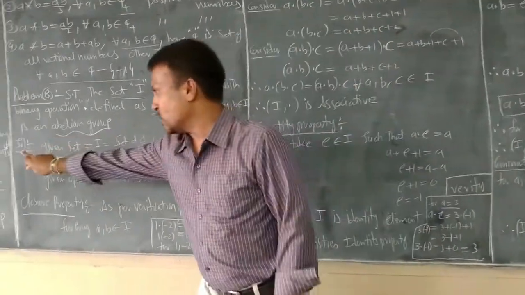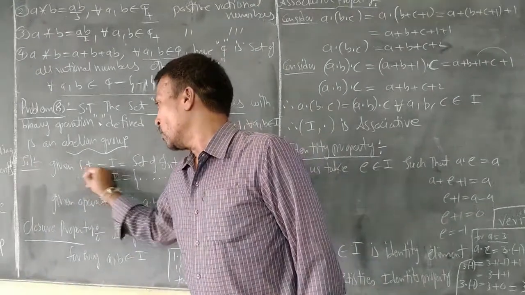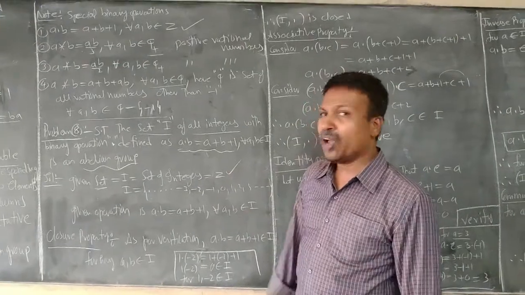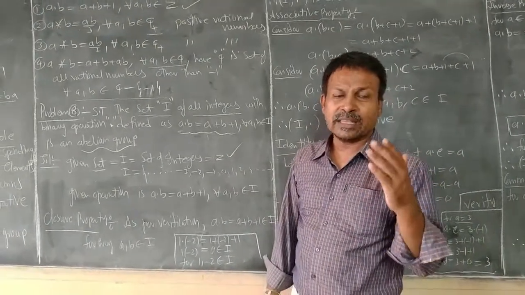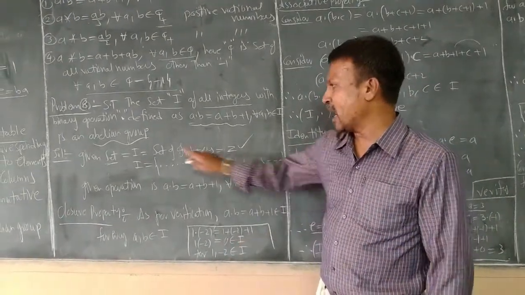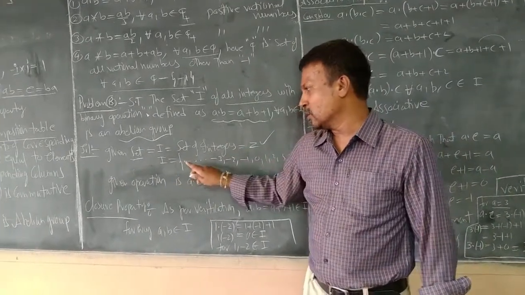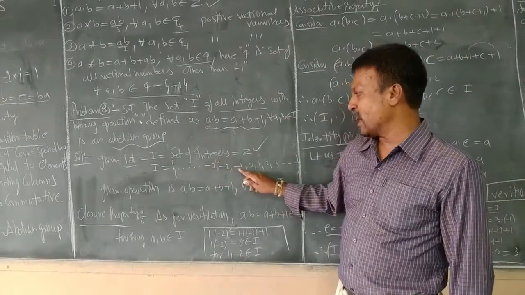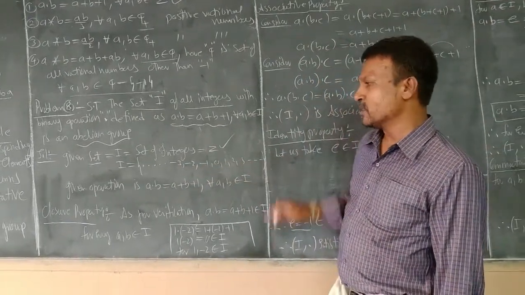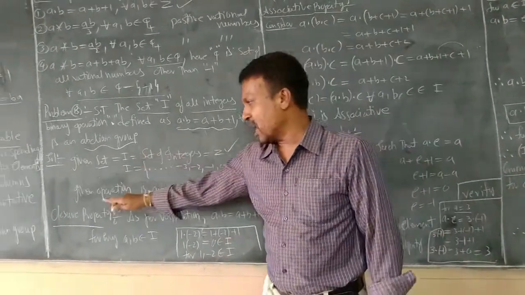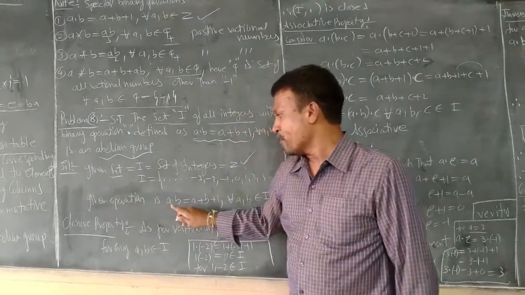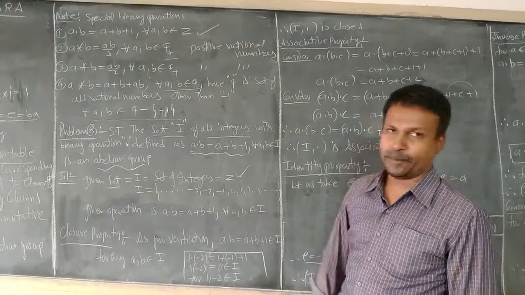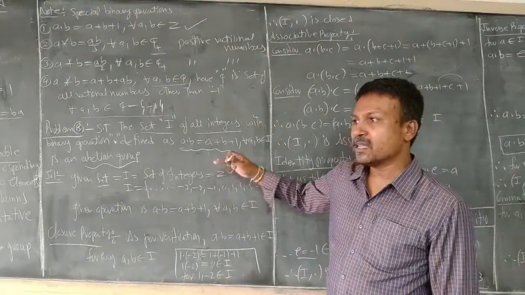So, if we go to the solution part, first we have to write the given set. I is equal to the set of all integers, which is Z. The set of integers is generally denoted by the capital letter Z. Therefore, I have taken I as Z. Therefore, I is equal to all the negative integers including -3, -2, -1, 0, 1, 2, 3 and all positive integers. Right. And next I have taken the given binary operation: a dot b is equal to a plus b plus 1 for every a comma b belong to I. Right. The given part is completed.